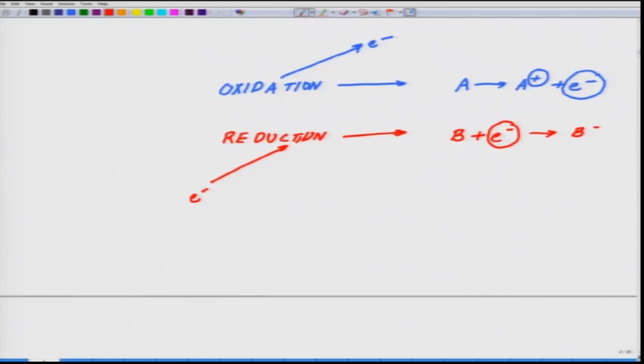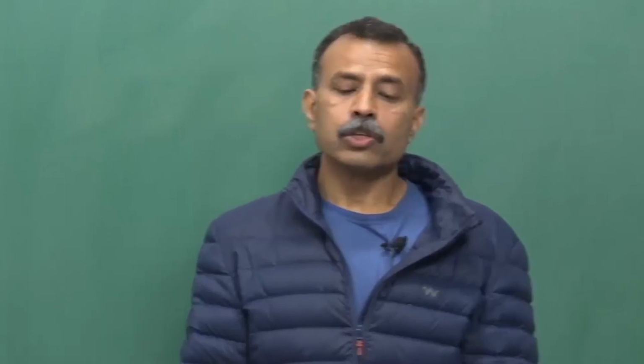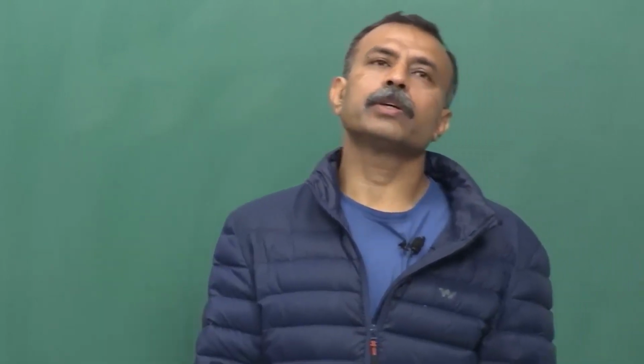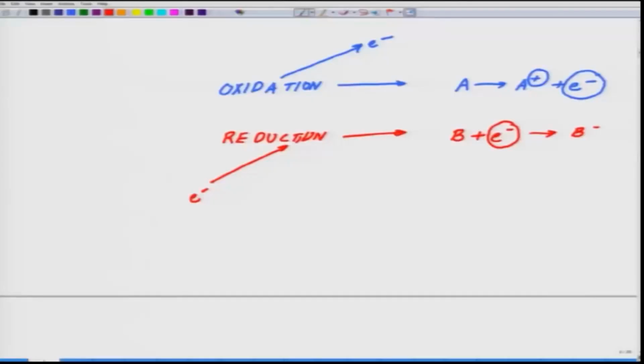As a matter of fact, all the reactions in nature and most of the biological systems are about oxidation and reduction. Either a species will accept an electron or a species will donate an electron. So, when we talk about a situation where you are donating or accepting an electron, this clearly boils down to a situation,